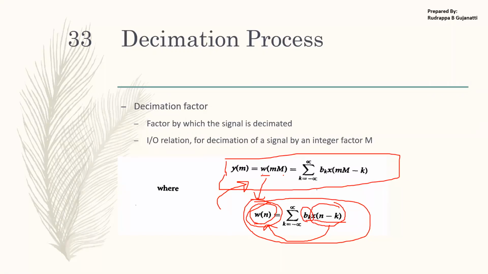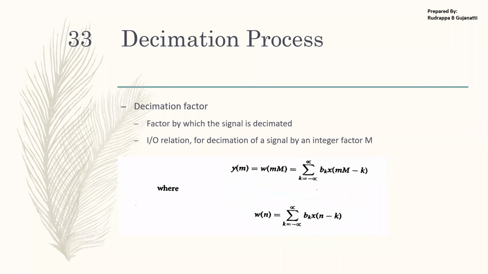So here if you just observe, if I want a decimated signal y of n, I consider a multiplication factor, an integer factor, capital M. Then I obtain the samples of the decimated sequence. So as I showed, y of 0 will be W of 0, y of 1 will be W of 2 if I'm considering M equal to 2. So in this way, it changes. What is happening is I am decimating the samples. With the help of this equation, we can check out one problem.